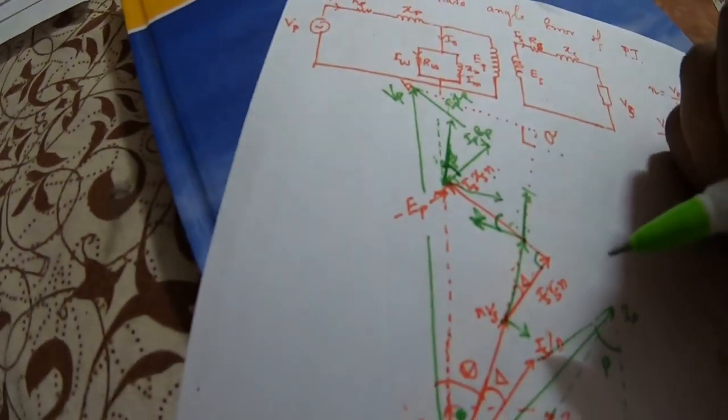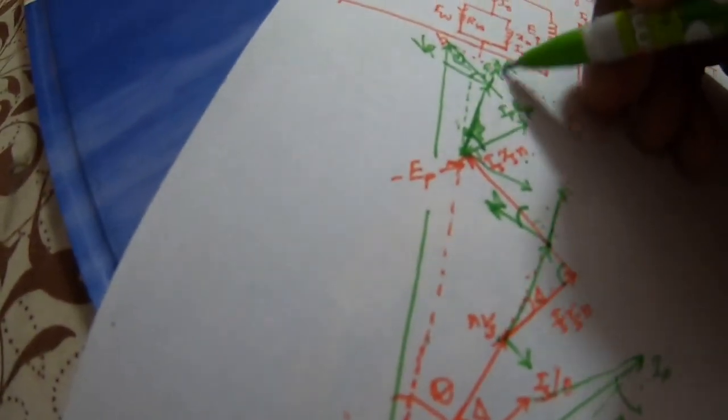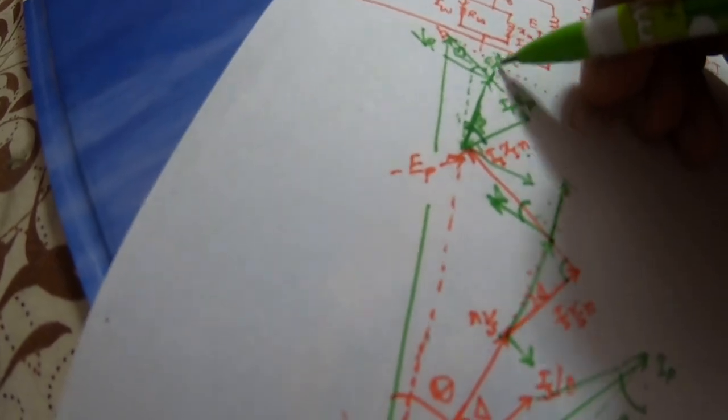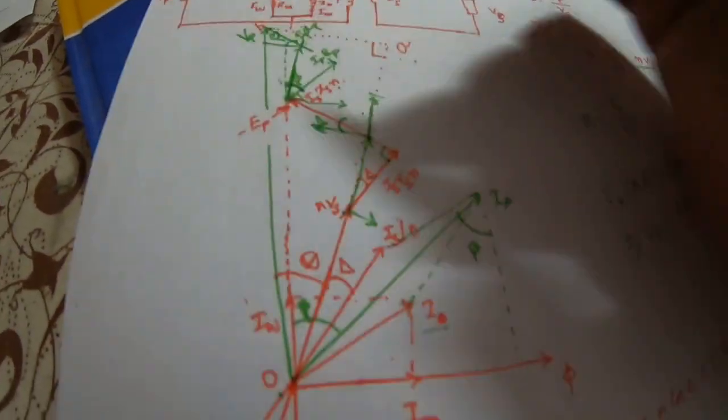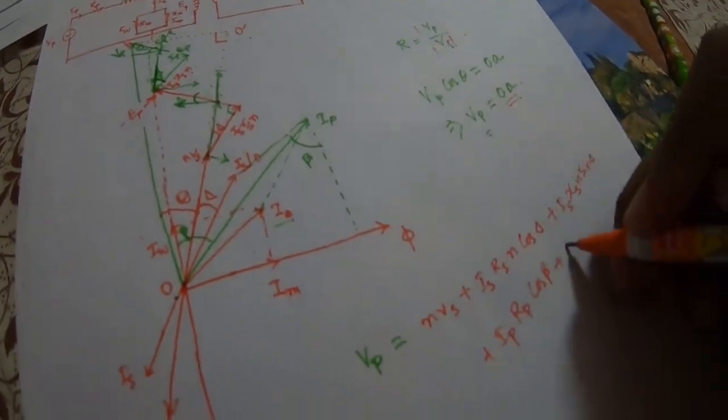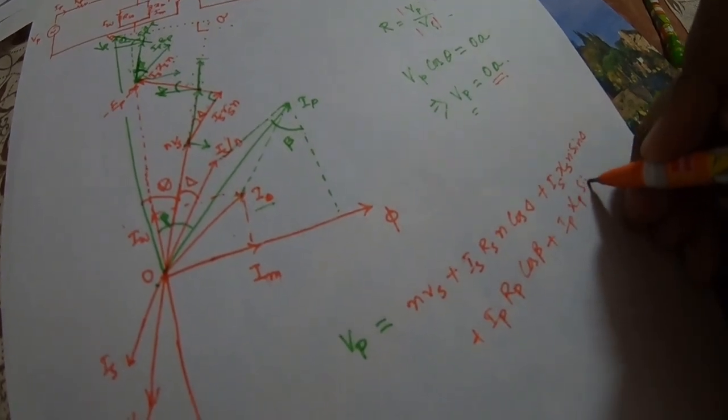So then what we have to do? Then again for this Ip Xp part, if this is beta, as we had discussed earlier also, again after this point you will be having to go to over there. So over there, this is also your angle beta, this is also your angle beta. So hence we'll be having the similar fashion over there also. So this will be Ip Xp. This is cos beta, this is sin beta, so it will be Ip Xp sin beta. So plus write down, it will be Ip Xp sin of beta.